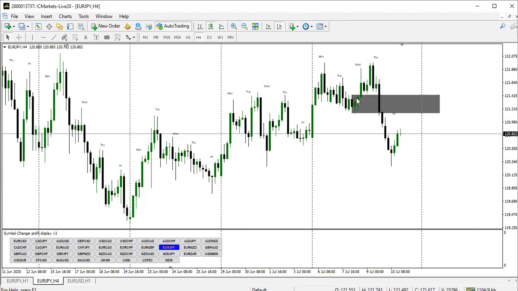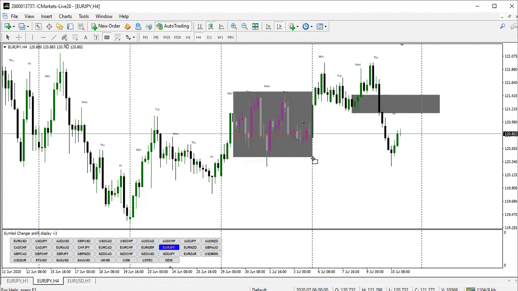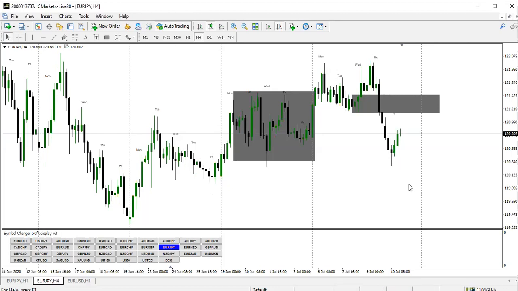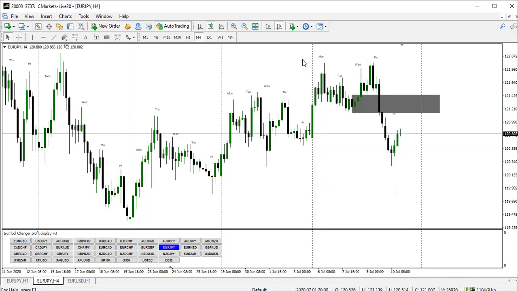But this is actually going to be the best selling zone, because at the beginning of this month, we can see this accumulation that this market actually gave. This accumulated for the very first week, then manipulated to the upside. Then we are expecting more downtrend. Now we are expecting it to pull back to this for us to continue to sell this market down. So that is what I'll be expecting on that.